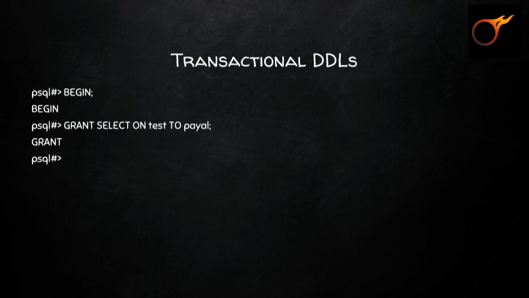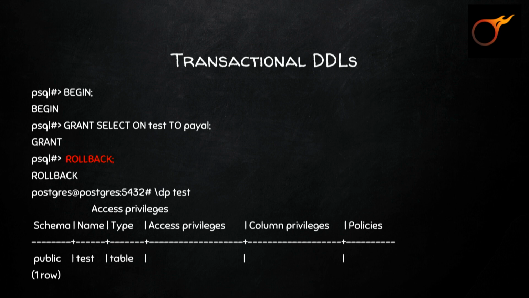Transactional DDLs are a huge benefit, especially when ACLs are concerned. So in Postgres, what I can do is, in an explicit transaction, I can grant select on a table to a role, and then I can do a rollback, and I can be sure that that's not really applied. When I tried to test this on MySQL, I expected, so MySQL does not have transactional DDLs, but what I expected was